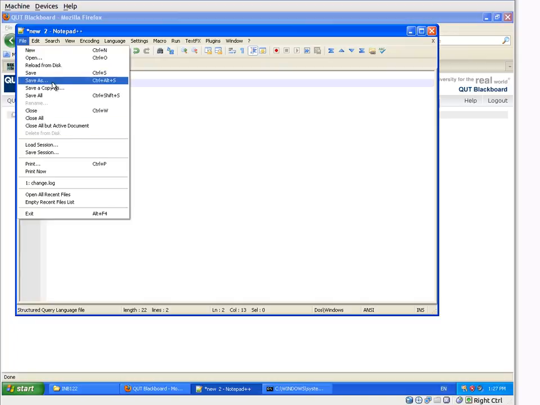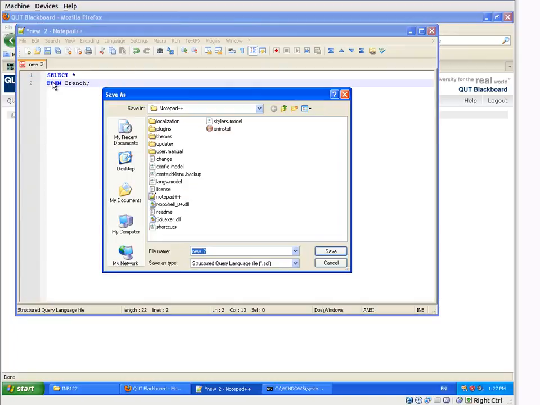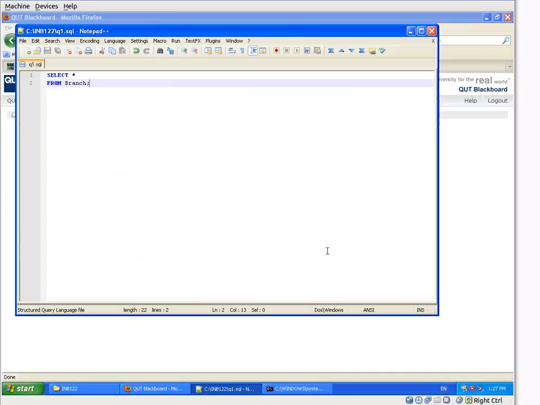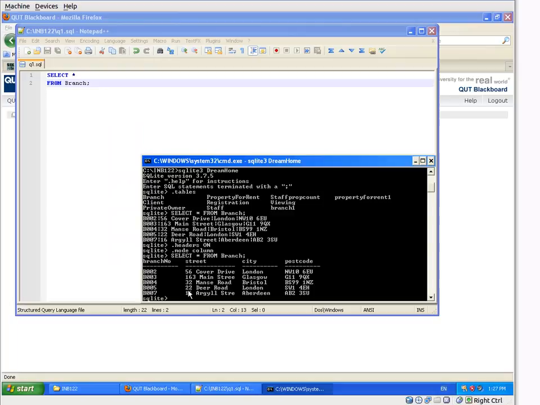Okay, so we're going to save this. Once again, I'm going to save it into the directory that I had everything from before. I'm going to go to my computer, local disk C, it's in this folder here. I'm just going to call it Q1, as in query 1, and it's a .sql file. Save. Okay, so now in order to read that, because we're already in that directory,